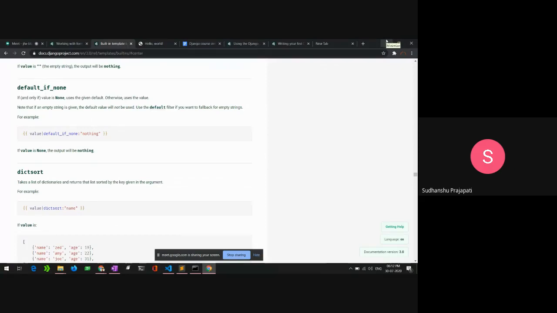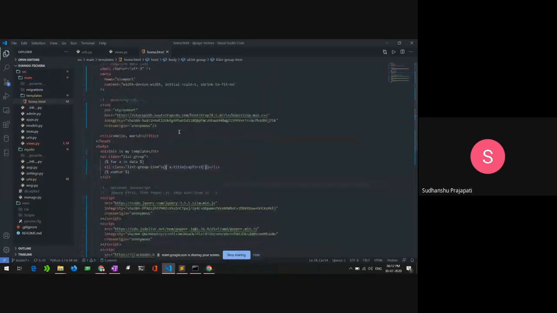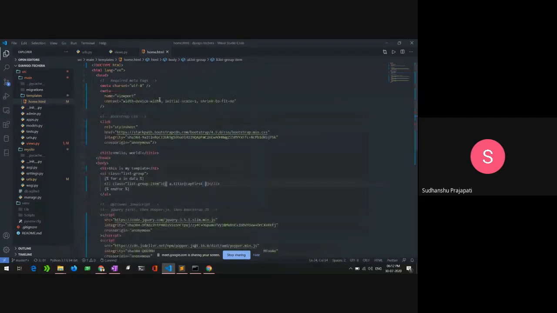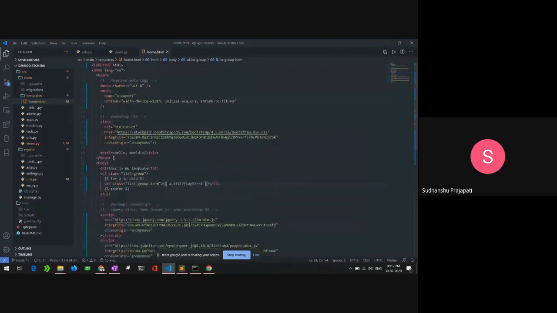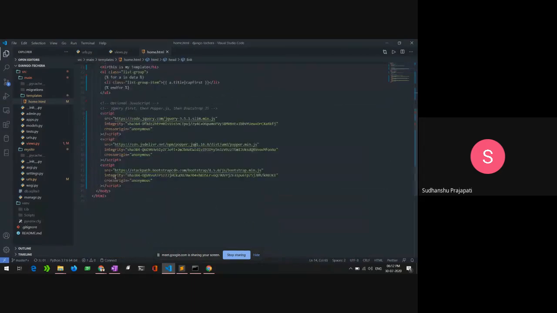template inheritance. And here we are, and we have a home.html template. But if you see here, we have all my heading section included here, and my footer section, if you can say that, where we include all our scripts and all the rough stuff that is here.